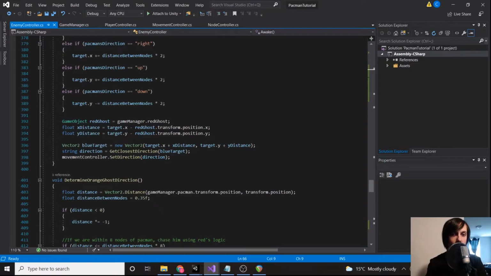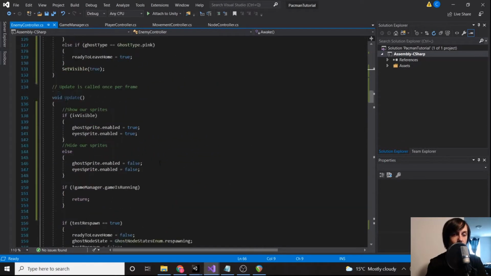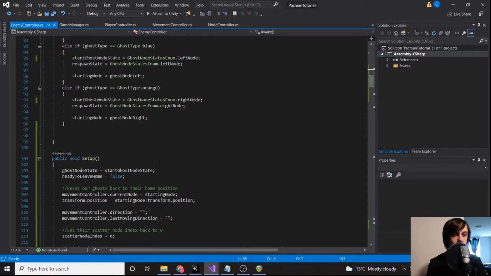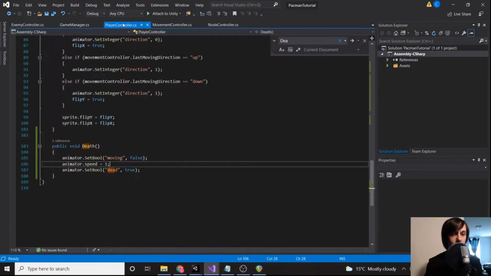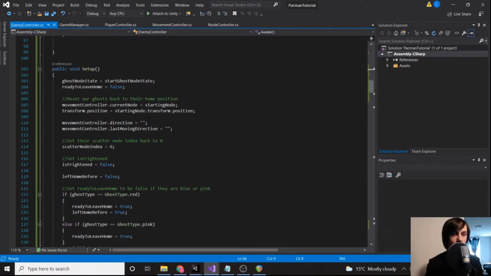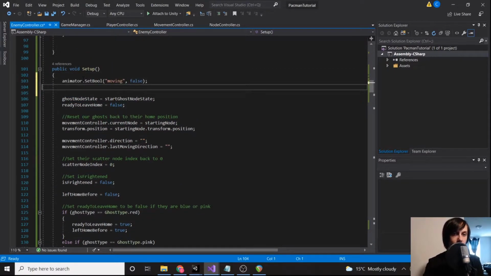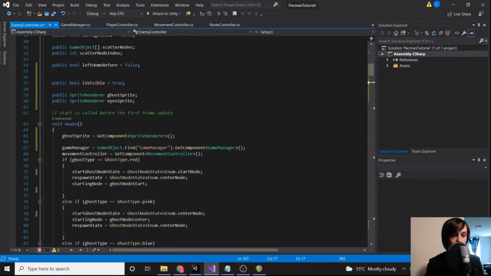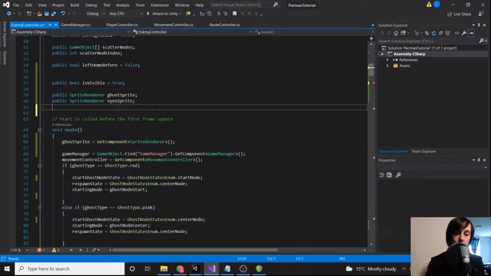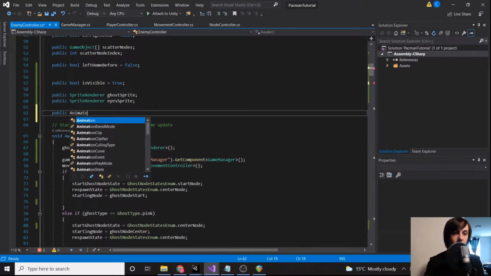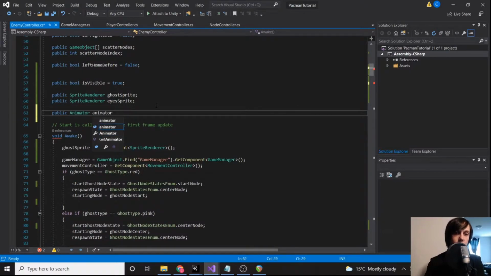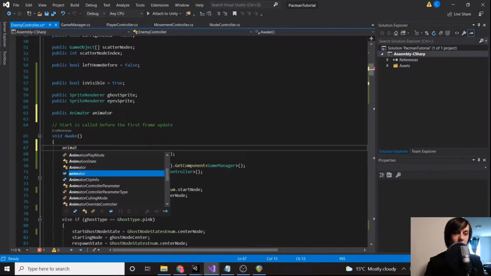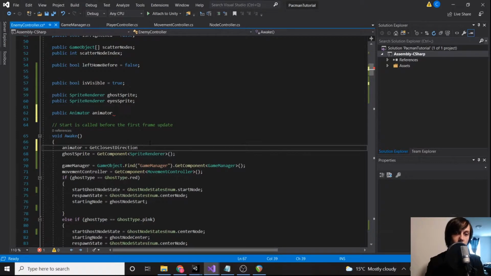Now let's go into our enemy controller. On setup, actually we can just copy this into our setup. We're going to set moving to false. Now we don't have access to our animator yet in our enemy controller. So we want to type in public Animator animator, and then animator equals GetComponent